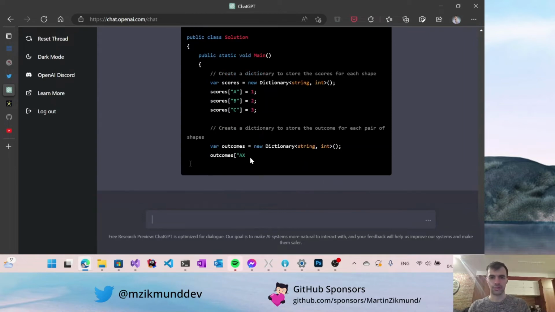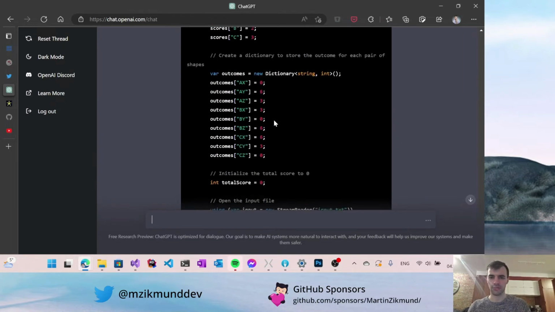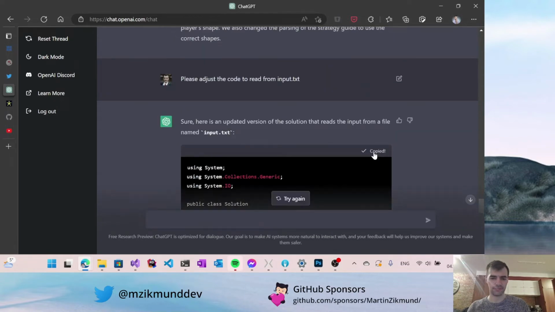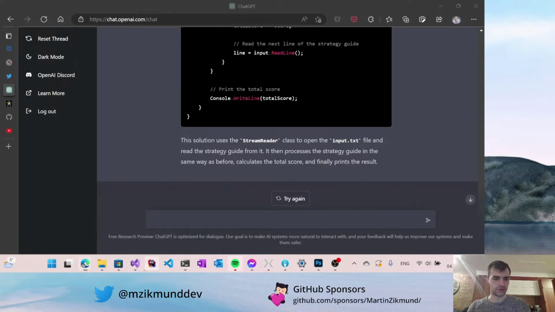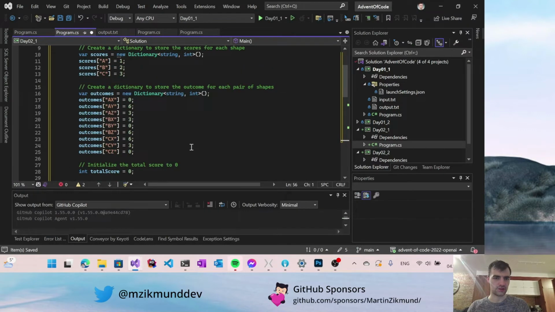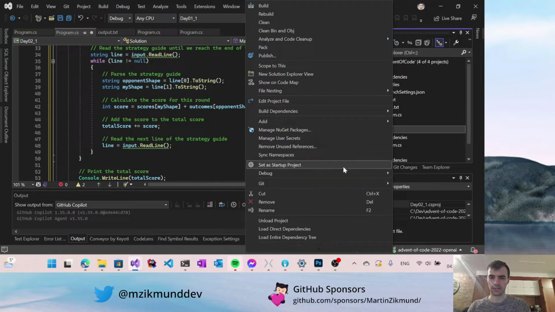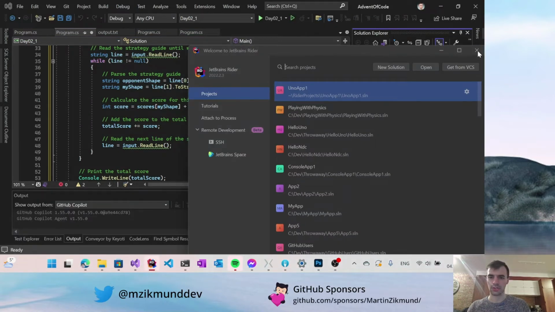So now the new version of this code will read from an input file, input.txt, instead of from console. Right, so we're moving further towards the solution. And I will run the code